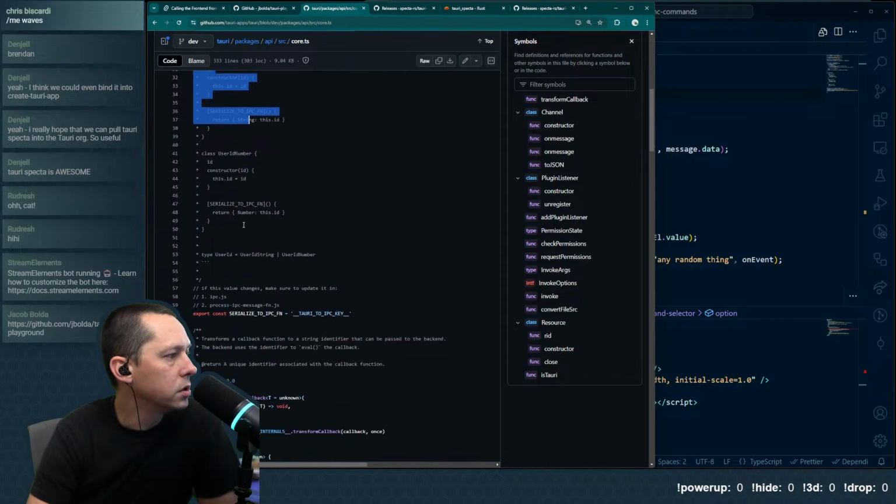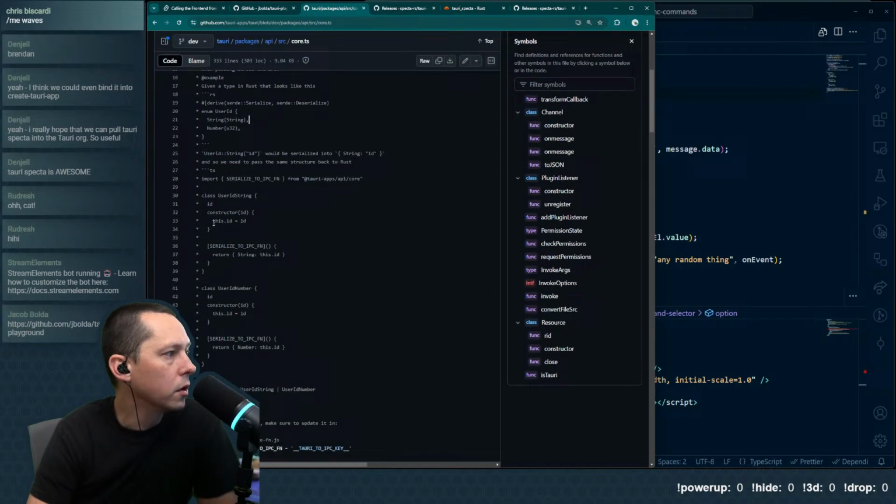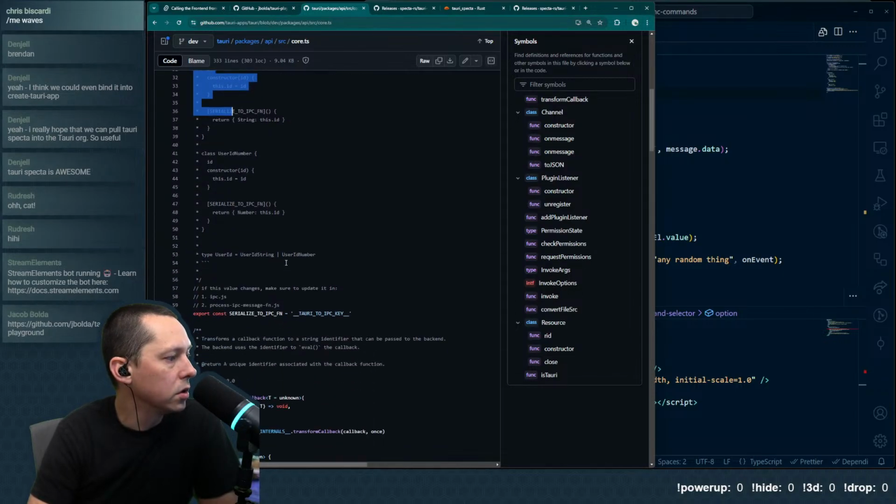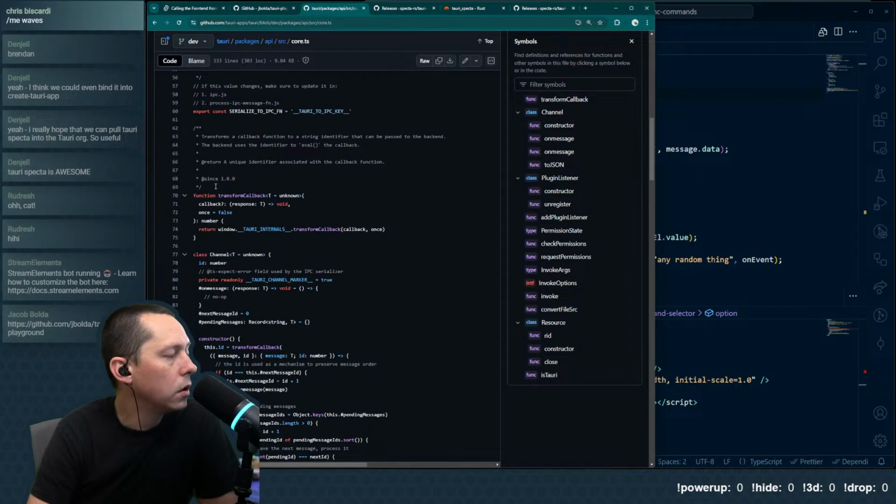Okay, so it explains how to do this, like we were looking at before, if we did an enum or got fancy with our serialization here. It transforms a callback function to a string identifier that can be passed to the backend.